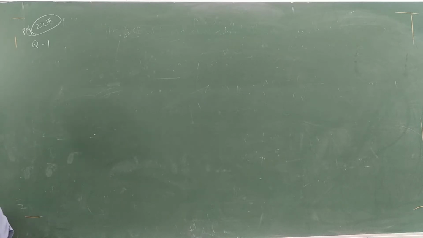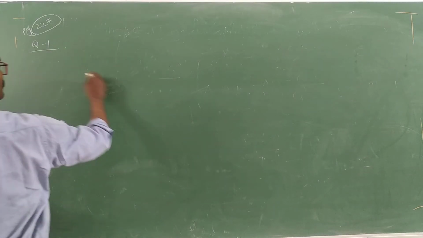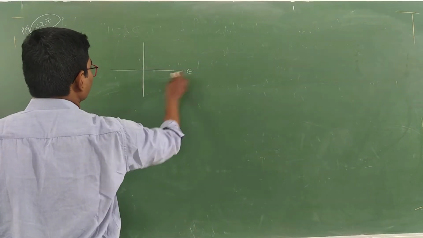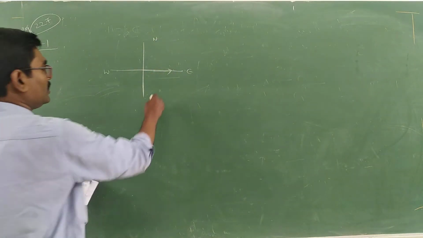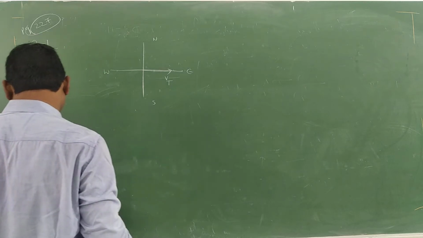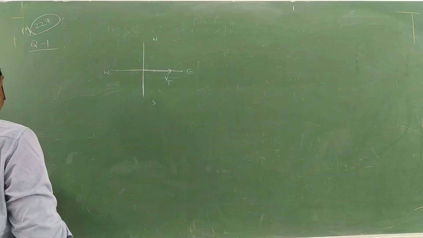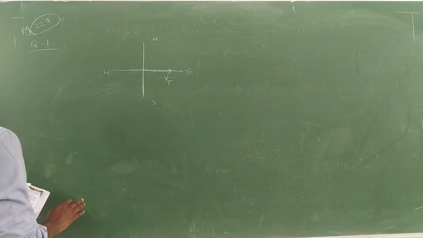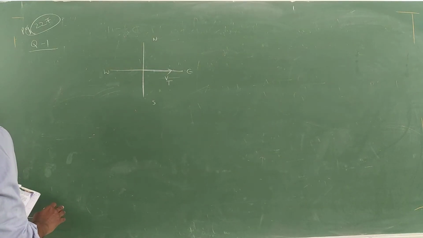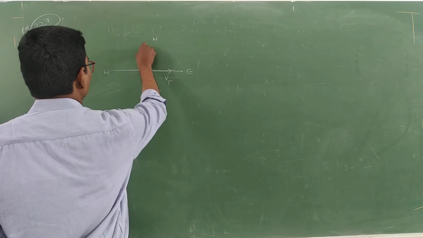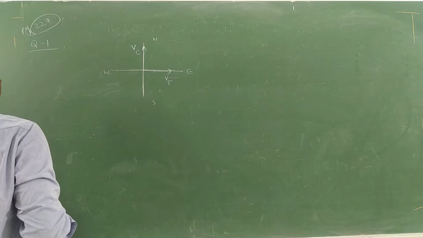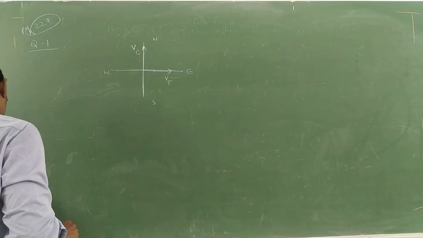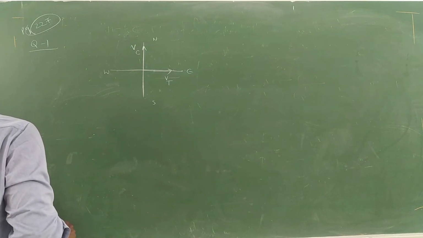A train is moving due east. So you just assume this is east, west, north, south. A train is moving due east. Okay. Velocity of train is equal to how much speed? That is mentioned only as direction. Due east, and the car is moving due north. Velocity of car. And the passenger in the train finds that the car is moving towards.